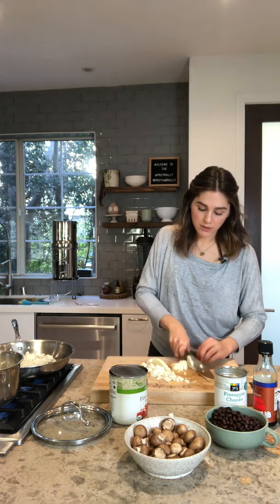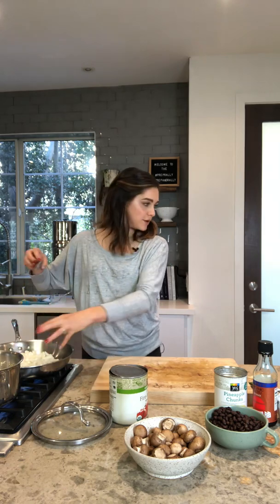So we have a whole onion that we're sticking in here. I said purple onion. You could use regular. I don't really think it makes a difference, to be totes honest. Okay? Get your onions in there. You want pretty high heat, like medium high heat. Yum, it's smelling good in here already. Beautiful. Next to go in,